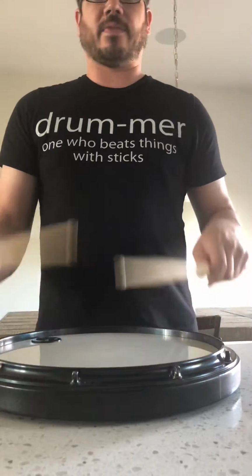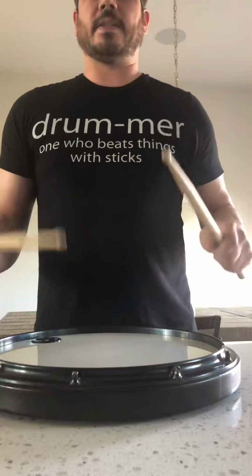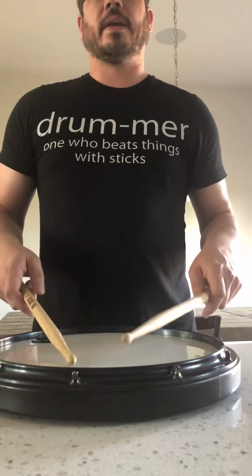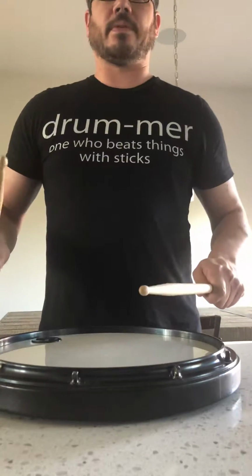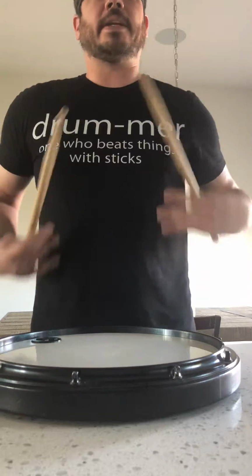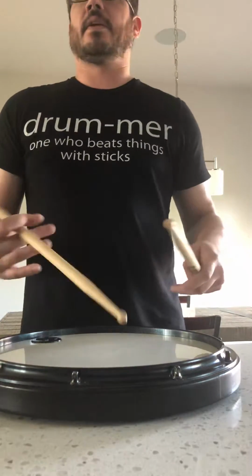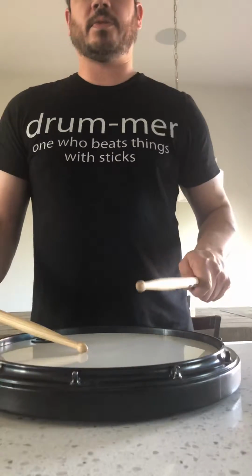So instead of our hands firing together, which is natural, we want to be able to fire our hands interdependently. One hand can play one thing, one hand can play the other thing, and it doesn't have to be offset or together. This is how our brains are programmed. So the first exercise to get hand interdependence, you're going to need to do that with all four limbs at the same time, but you start slowly and simply counting 2 with one hand, 1, 2,